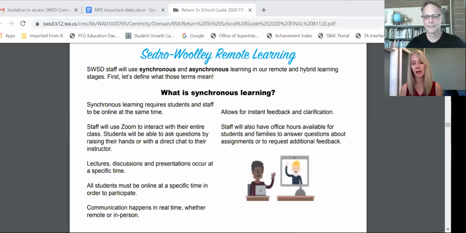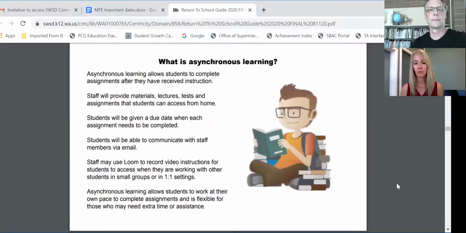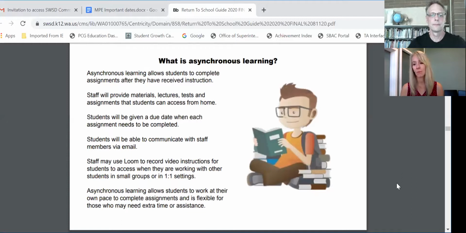Certainly. So synchronous is in real time. So the students would log on at a scheduled time. They'd participate in a conversation with their teacher and with staff and with other students. They'd have dialogue. They'd get feedback from their teacher immediately. And asynchronous would be, they would log into their Google Classroom. They would access assignments, perhaps watch a video that their teacher had recorded for them, or they might log in, get an assignment, log off the computer and work on their own for a bit. So the two are asynchronous and synchronous.